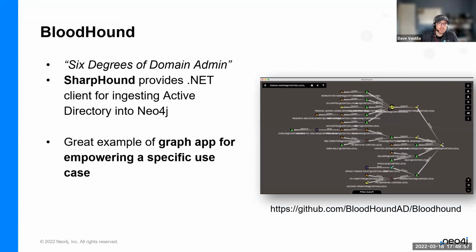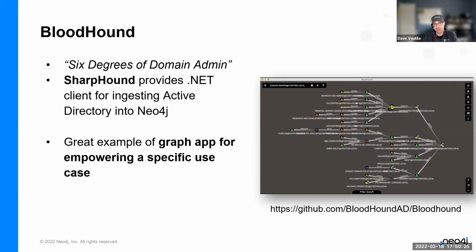So they've got multiple pieces to what they offer. They've got the data loading and ingestion piece called SharpHound, and I believe they just released AzureHound that works with Azure Active Directory services. But the idea is you point this at your Active Directory farm, it will build a graph that models what's going on in your Active Directory. And then they've got some pre-canned, not only a visualization, but then some queries and ways to analyze it